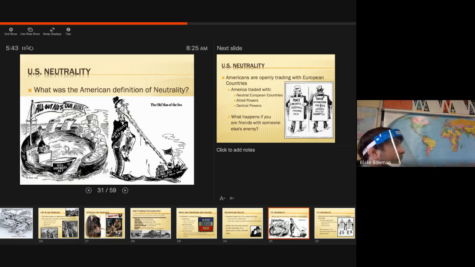All right, what do we got here? The political cartoon to the left. What do we think here? Chase, what do you think? Cartoon to the left. I think it's like the aid that we can give our allies in Europe with the neutrality acts, just make it go in circles as well.